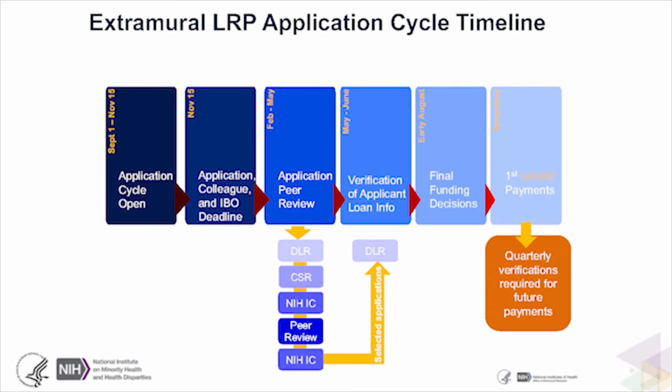So now let's take a little time to review the extramural LRP application cycle timeline. So as you can see on the far left, the application cycle is open between September 1 and November 15 of every single year. Your application plus all of your supporting documentation from your recommenders and your IBO, your institutional business official, are all due on or before